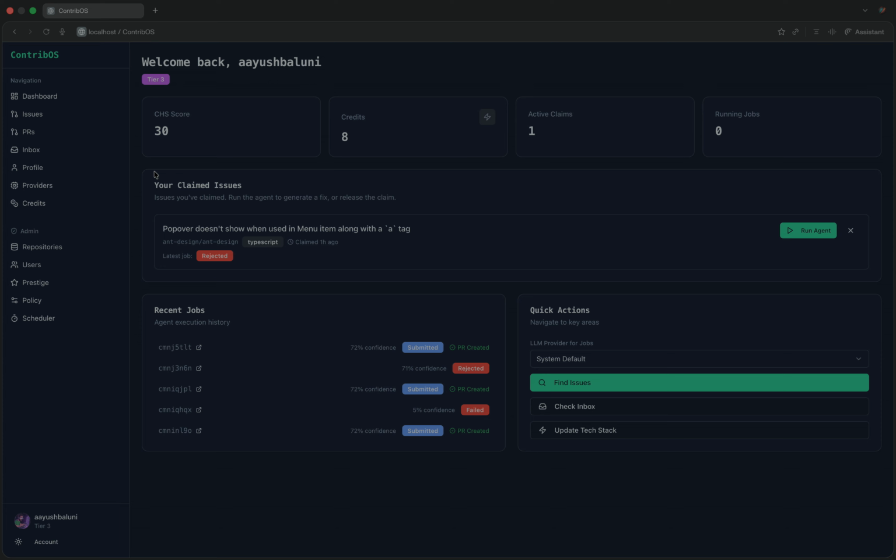Instead, you can use the agent as a learning step to continue a journey in open source, and in the meantime you will be drafting quality PRs alongside learning with those PRs, and that can eventually help you to become a better open source contributor and also a